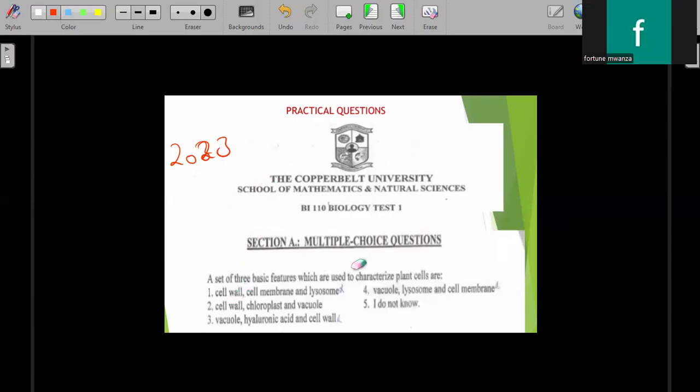So let's try this question. From what we've done, you should be able to answer this. A set of three basic features which are used to characterize plant cells are,